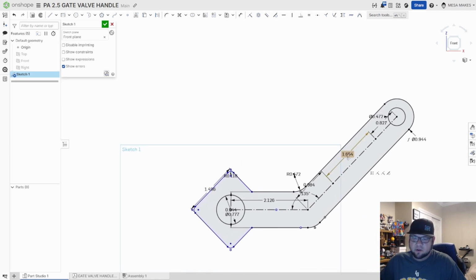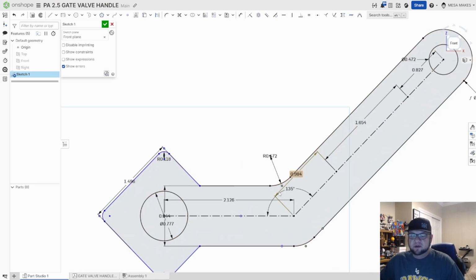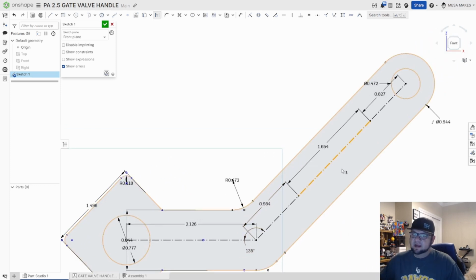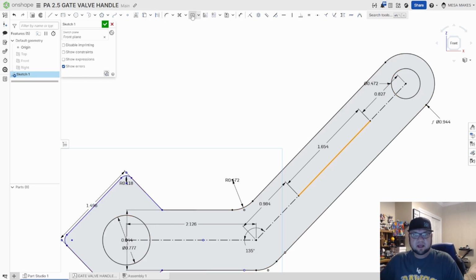And now what we have to do is add that slot. So the reason we did all these incremental steps was so we had this line isolated by itself so we can use it to make our slot command. So if I come up here and click slot,